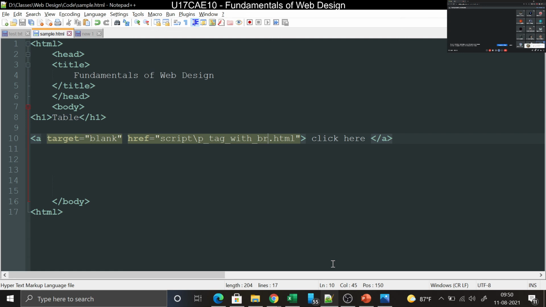Yeah, it is now taking to the website. You have to include HTTPS, which I didn't do, but if you link it, it will take you to the particular web page. So here you can give hyperlinks that can be web addresses, or a local file address also you can give.